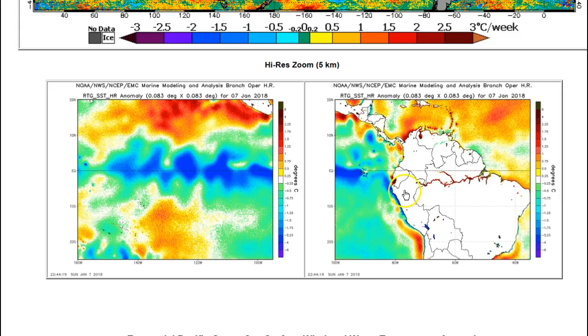Here we go. Here's Peru, Chile, Ecuador right there. The blues are cooler than normal water temperatures, anomalies cooler than normal. But also notice here we have warm anomalies starting to build off Chile and up to southern Peru. They haven't built any further. Actually, this right here, maybe that is a little bit of warm anomalies off of central Peru, but